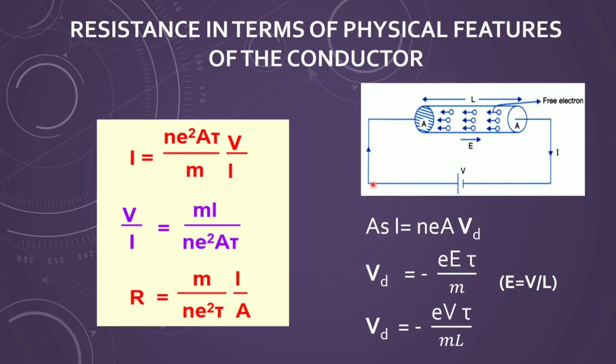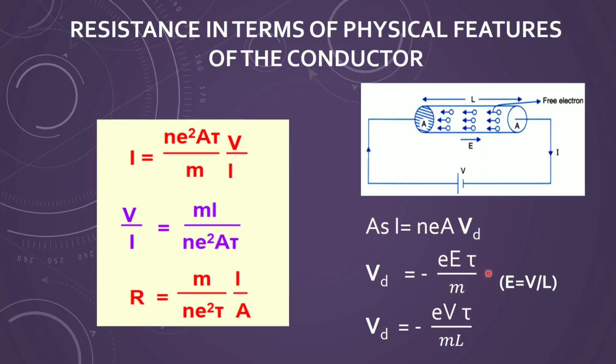So positive charges will flow this way, and positive charge gives the direction of flow of current, and electrons of course are drifted in the opposite direction, and that is why we keep the negative sign when we write the formula for the drift velocity. Vd equals minus E tau upon m, where e is the electronic charge. This formula we derived in the previous class, and the relation between current and drift velocity was also derived, that I equals N e A Vd.